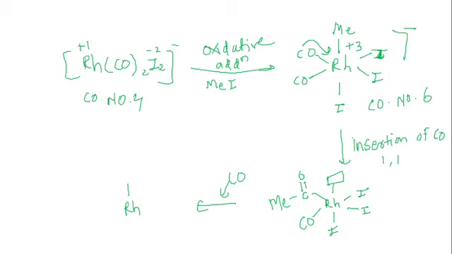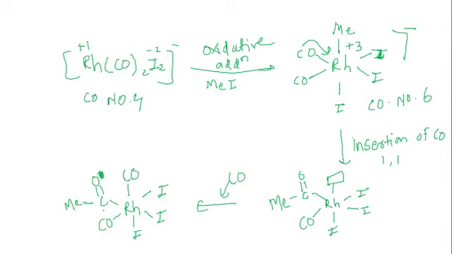Rh. Here the empty space is filled by the incoming carbonyl, because in the insertion reaction there is no change in the oxidation state of the metal, and also there is no change in the coordination number. Okay, here we get a compound like this. This is C double bond O, and sorry, this is Me. Here this is oxygen, not this, and here our carbonyl is there.